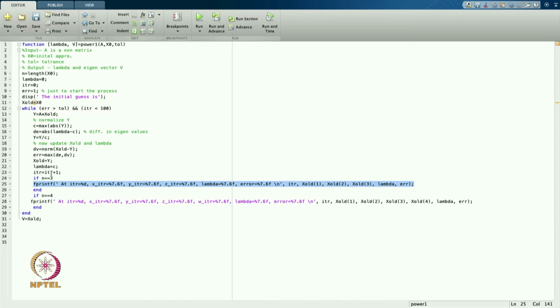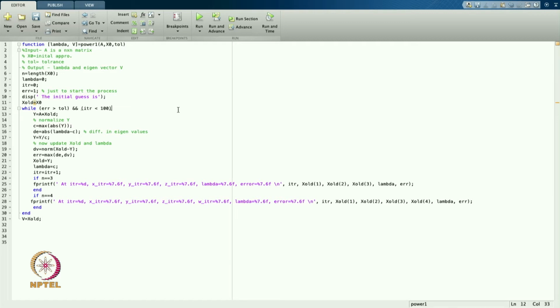So, it keeps doing this, and once my error becomes less than tolerance, or in the other case our iteration count becomes more than 100, the condition will be false. So, I will not move into the while loop, and the final result is v equal to x solved. So, x solved will move to v, this will go as an output, along with whatever lambda I am getting. In this case I input x naught and tolerance, and I get lambda and v.